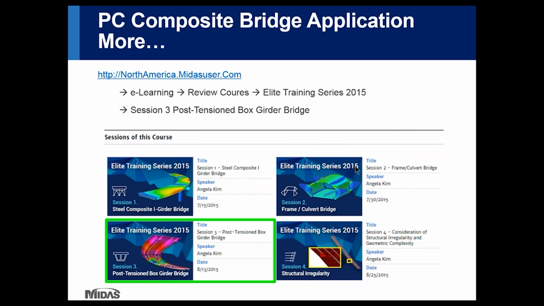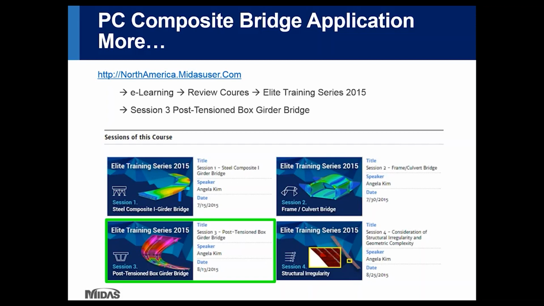So today, this post-tension or pre-tension, precast composite structure, is something that we've been covering continuously. So some of the information that's been repeatedly covered in different trainings in the past may not be covered in detail.